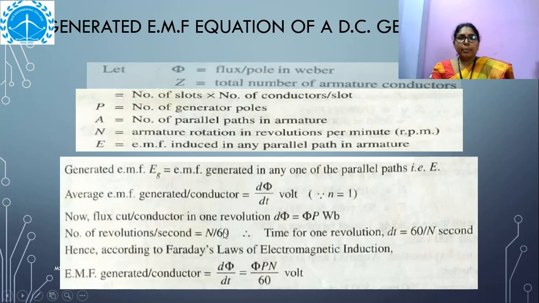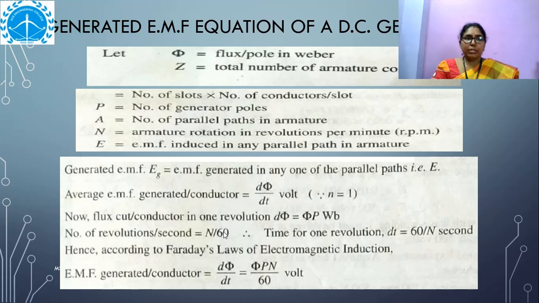Now, one more important derivation we are going to derive now, that is the generated EMF equation of a DC generator. In this, we are assuming that phi is the flux per pole in Weber, and Z we are considering the total number of armature conductors. And here we would like to tell you one point: total number of armature conductors are nothing but